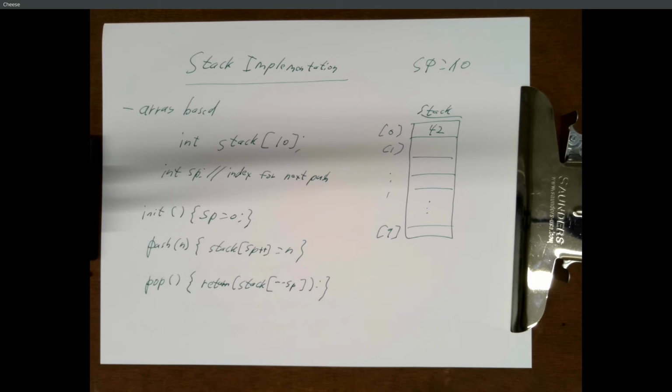Is there a technique to prevent that? Is it just putting a bunch of stuff into the stack, like calling some function? Yeah, so you could modify your pop routine to put a 0 into stack bracket SP. Well, you have to do it a little differently, but do stack minus minus SP, save that somewhere to return, and then